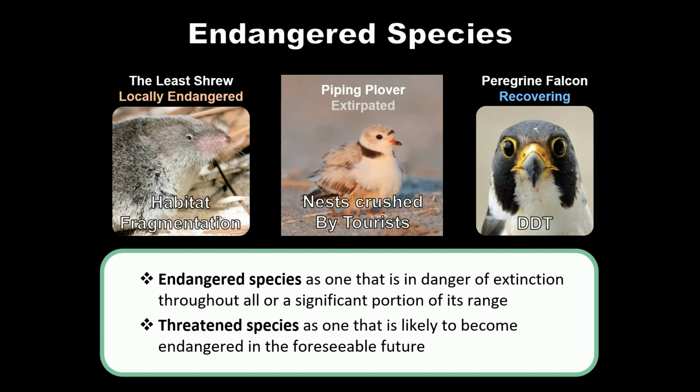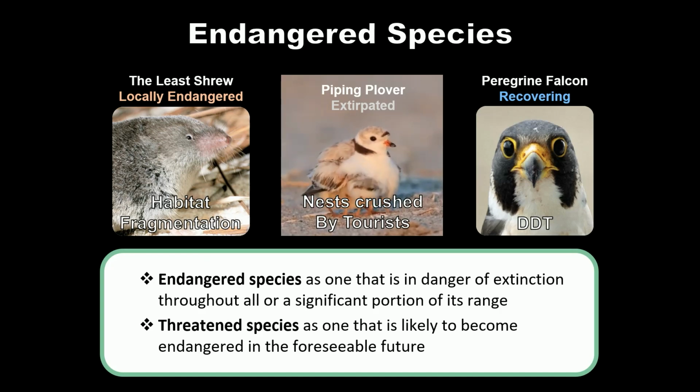Next, we have the piping plover, which is a fun name to say, but it has been extirpated. Extirpated is another way to say locally extinct. So there are populations elsewhere, but this lived in the Great Lakes region, up in Lake Erie, around where the beaches are, and it was a bird that buried its eggs in the sand. And there's a large tourist industry around the Great Lakes, and a lot of it is ecotourism, people who are going to do bird watching, people who are going to see nature, to see the Great Lakes and all of that. So somewhat ironically,